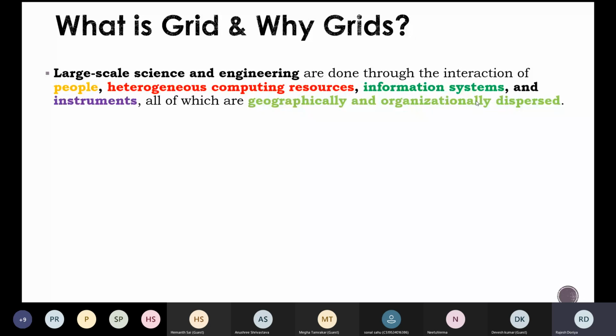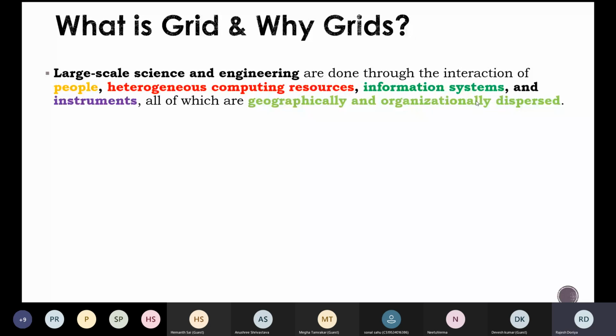applications, and this is done by involving multiple people, heterogeneous computing resources, information systems, and instruments, right? What makes grid special is that in this case all the resources or all the components are geographically and organizationally dispersed, right? So all these things are placed at different places.